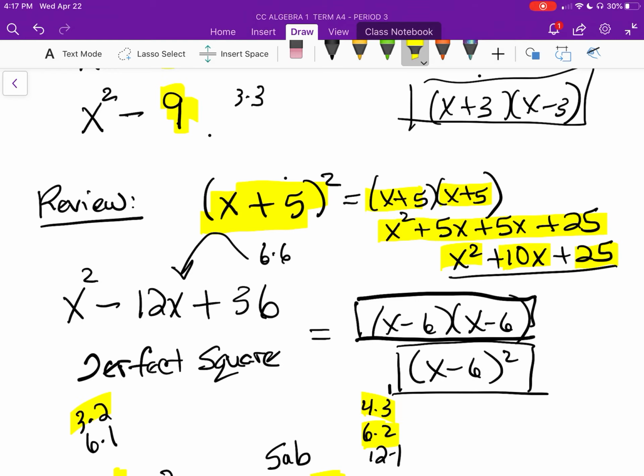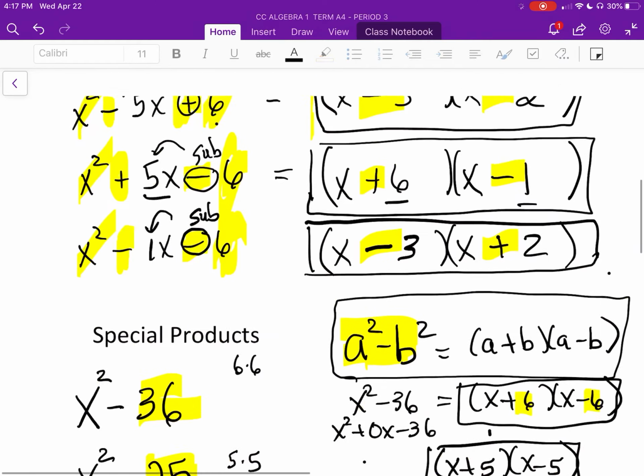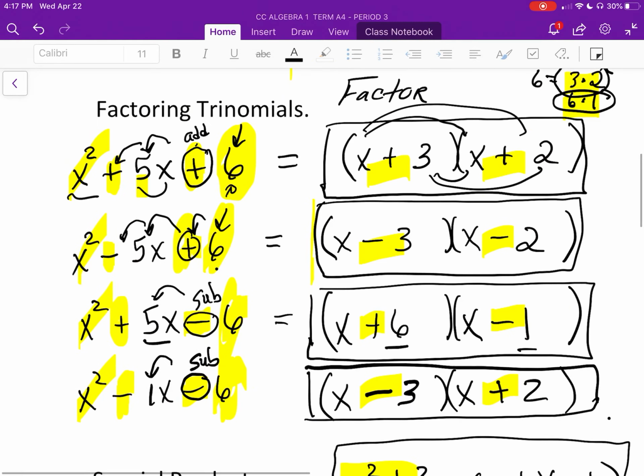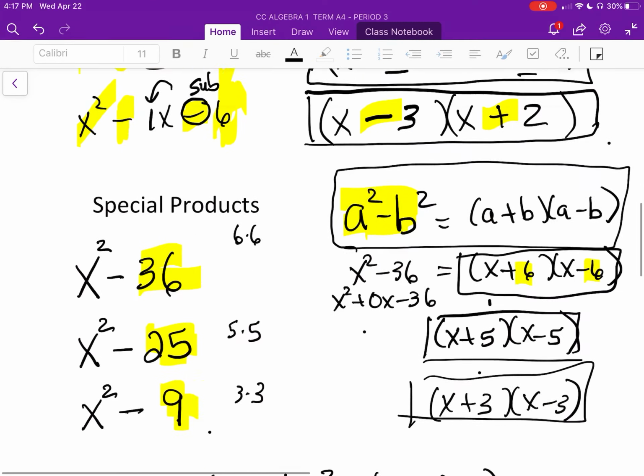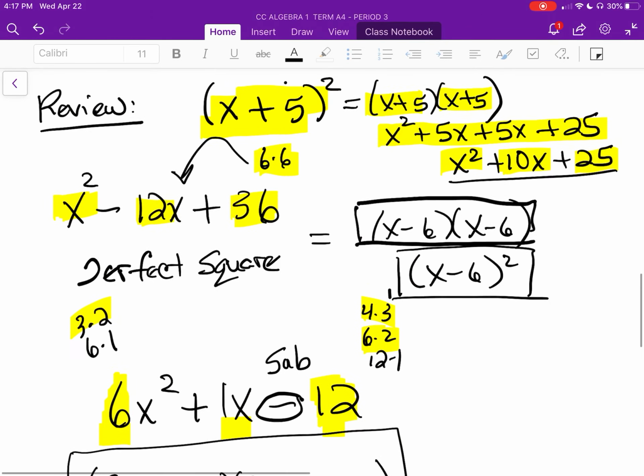So if we look at this example here, you notice at the beginning and the end we have an x squared and a 36, which was similar to what we talked about in the previous video. But in the middle, we have a 12, and that 12 is really 6 plus 6. So we could factor it the way I taught you way back in the first examples. It would be perfectly okay to do it this way. Or you might, it just gives you a little bit of a